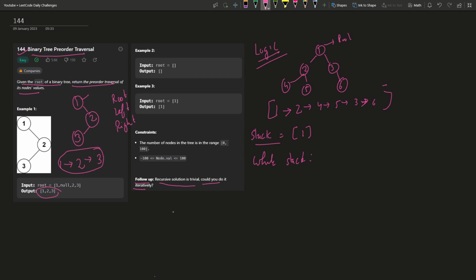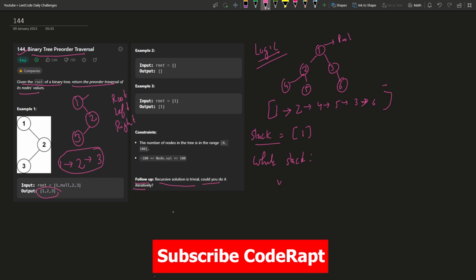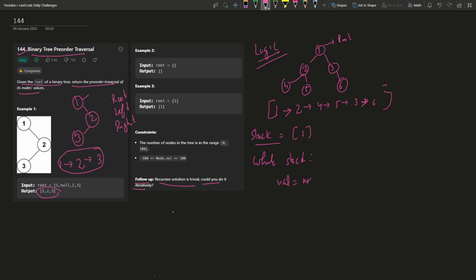Now guys, in the condition we are going to take the value from this node. So here it is not a 1, it is a node which has value 1. So we can say find the value from this particular node. So we can say now current value is going to be node dot value, right? Fine. Once we find the value, we can append it in our list. So we can say now result dot append